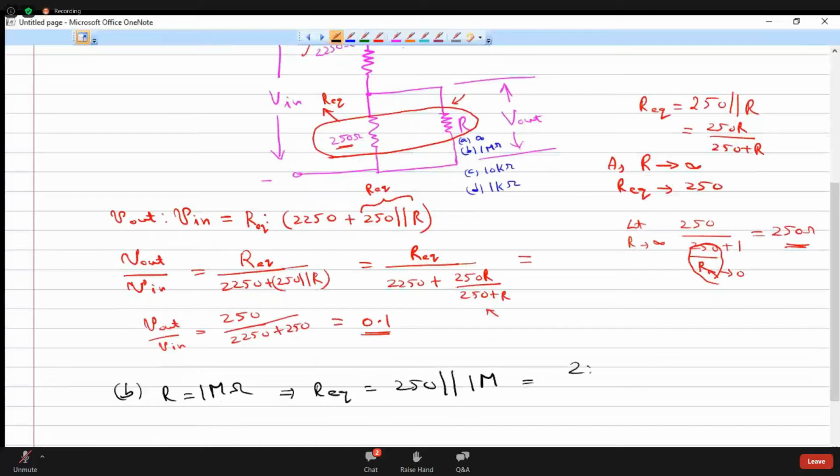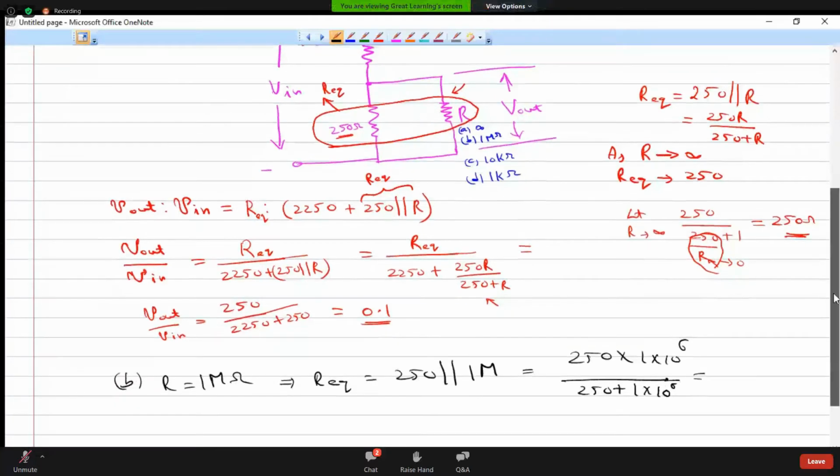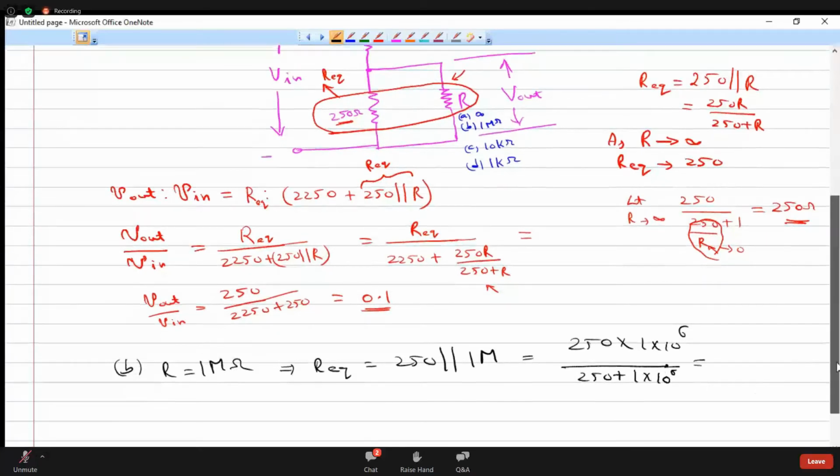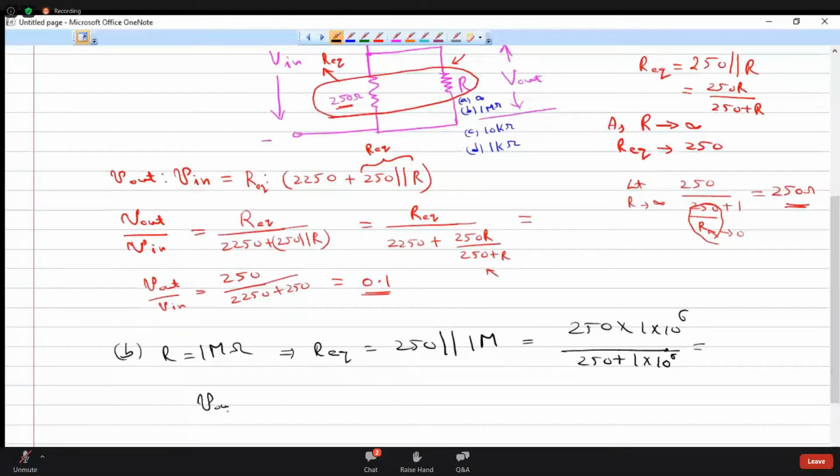That is equal to 250 into 1 into 10 power 6 divided by 250 plus 1 into 10 power 6. So that we have V out by V in equal to